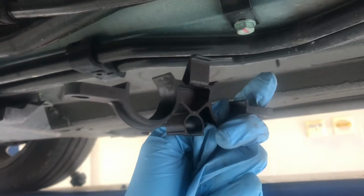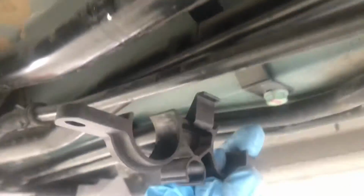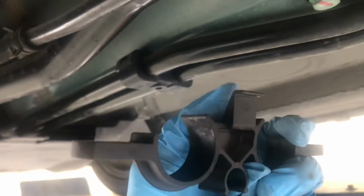So these plastic retainers removed pretty easily from these two coolant pipes here. You may have to push up on this tab in the back to unlatch it from the metal housing bracket. Once you have those removed, you'll have a little bit more room to work. And the next step is going to be